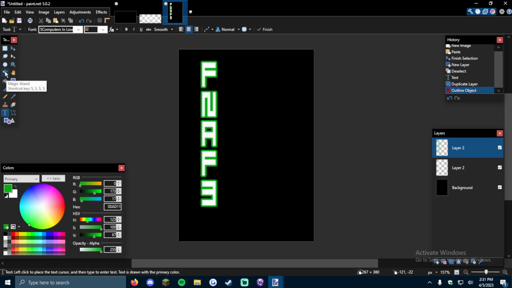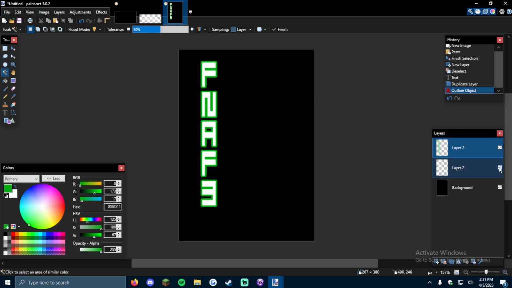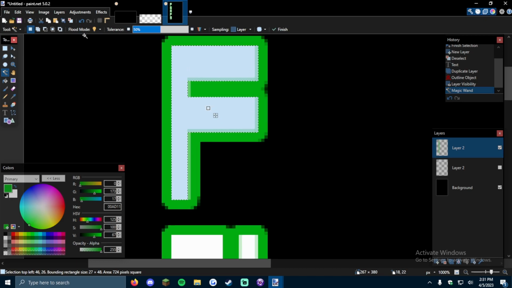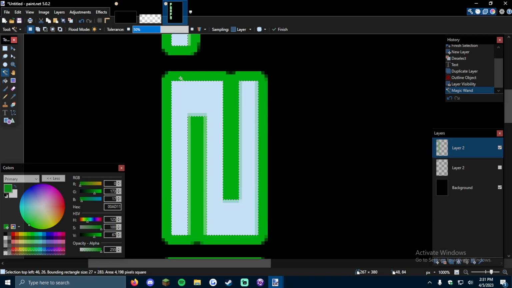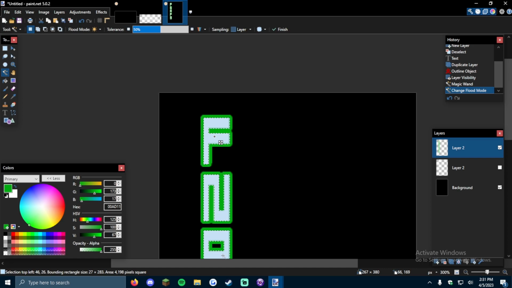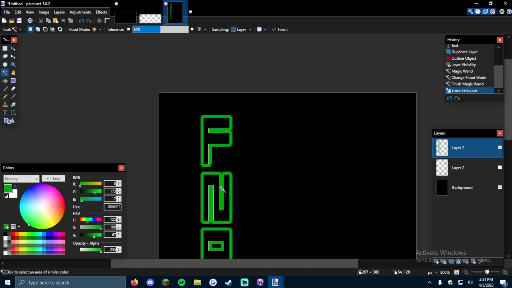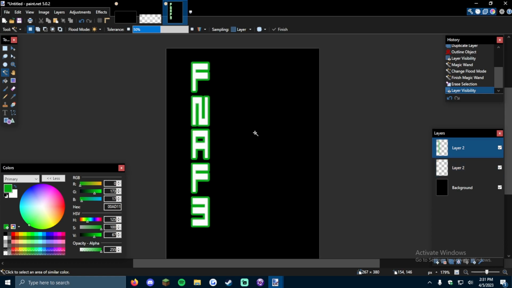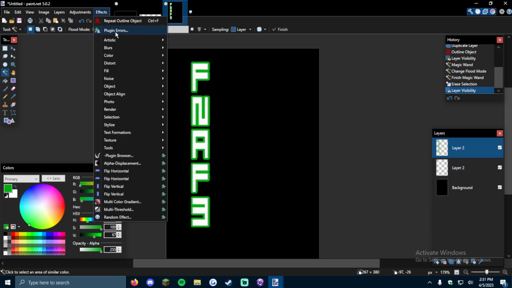and then go to the magic wand, then make this deselect, and then press on the white text, and then press on the light bulb, and then it should select every other white text. Then just press delete, and it should have this outline type thing. Now enable the other layer that we just disabled, then go to effects, blur,